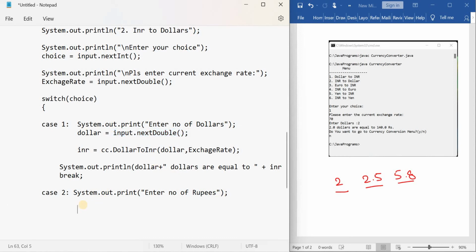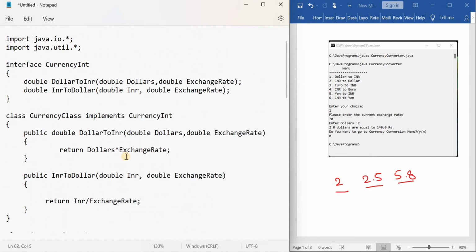So input dot double, and store that value in a variable. The variable name is rupees. Now what is the next step? Call the method. Which method? The rupees to dollar method we have to call.